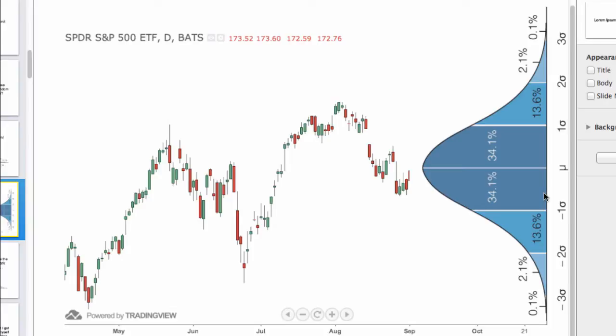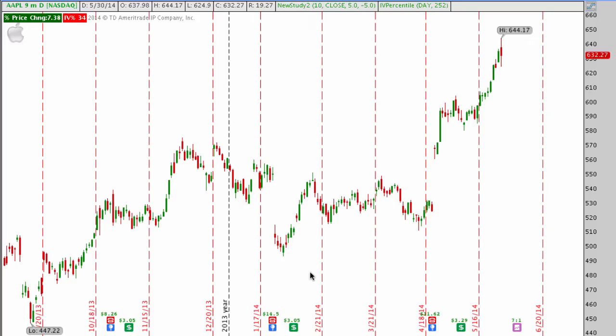Now, what I want to show you guys in this video is how you can actually get that graph, and a bunch of different graphs just like it, on your actual charts, at least on the Thinkorswim platform. I can't speak for the other platforms, but on Thinkorswim, I can show you exactly how to get this distribution graph so you can visually see where the stock may or may not go within a certain range of confidence, or within a confidence range. So let's head on over to Thinkorswim.